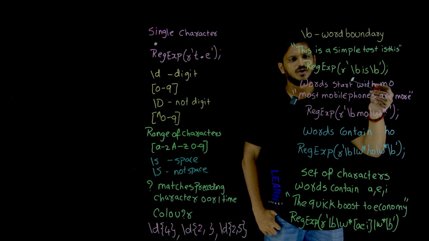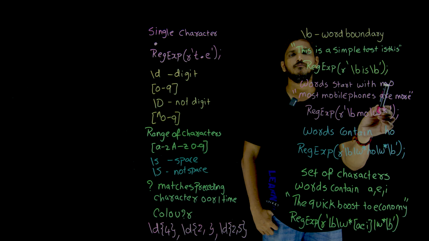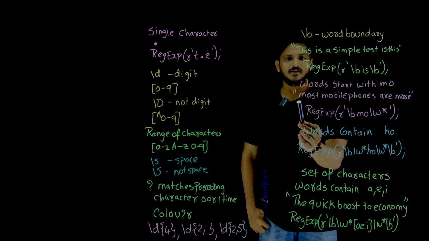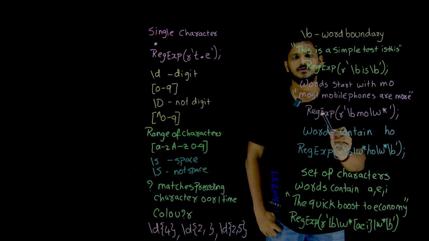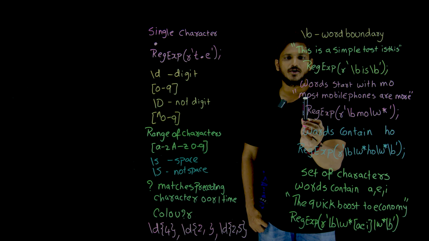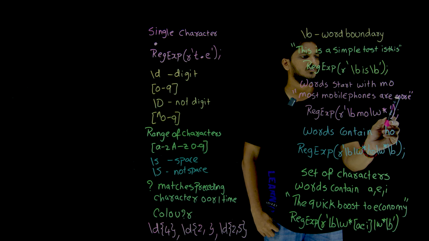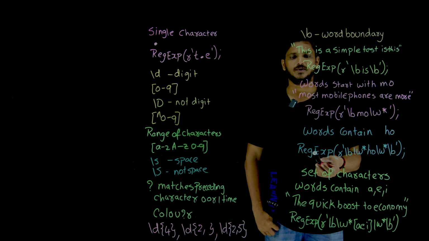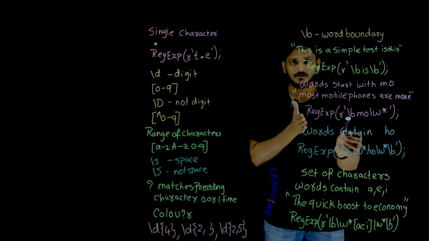Now we are going to understand much more with the next example: words starting with MO. We need to identify words that start with MO. Take an example: "Most mobile phones are more." This is the sentence which we have. In this, we need to identify words starting with MO: "most" is a word, "mobile" is a word, and the last one, "more", is a word. We need to identify them. If you want to write the regular expression for that, \b for the start of the word, and then